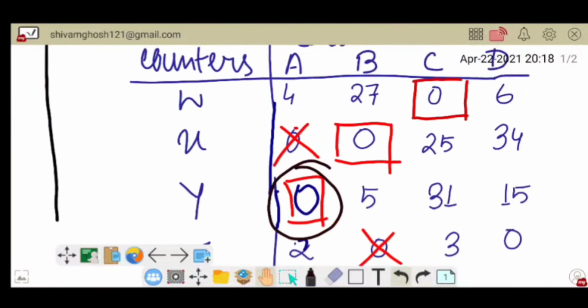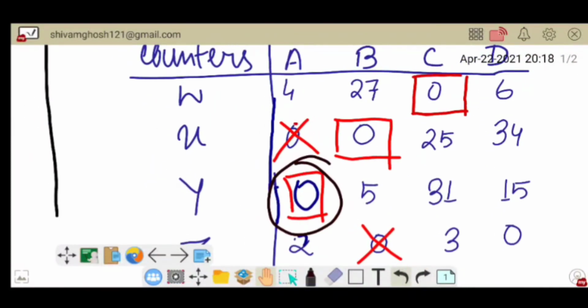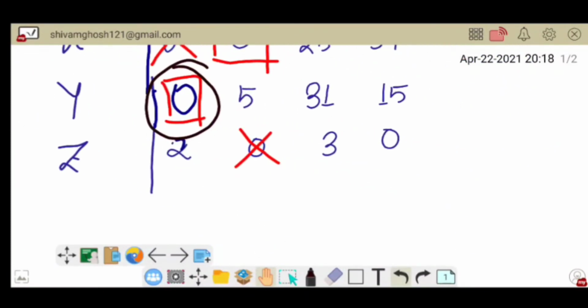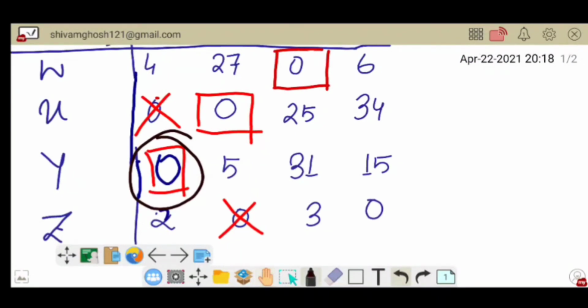If we select that 0, we have to delete that 0, and in the case of counter X, we have to select this one. In the last row we can see there is counter Z, and we select that last 0, and there is no corresponding 0 with that one, so we don't have any more 0 to delete.